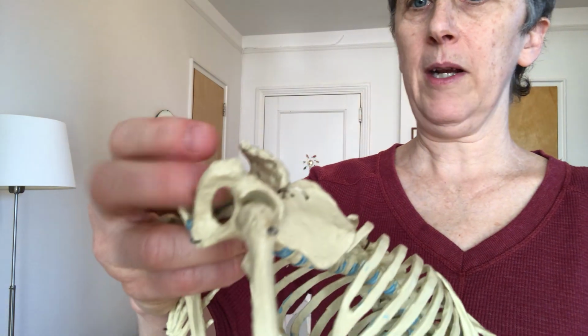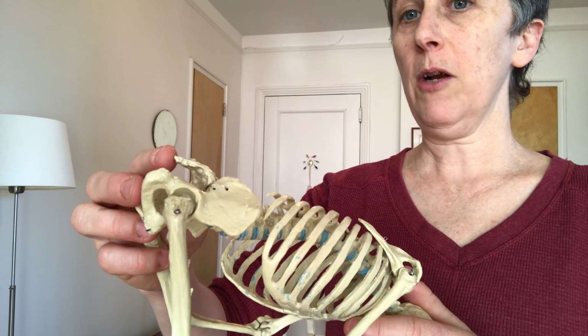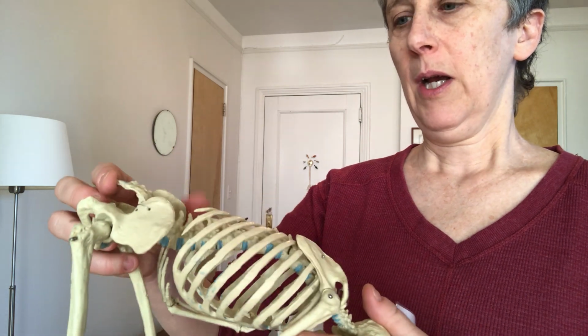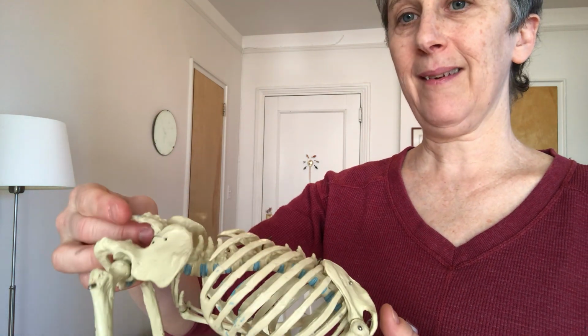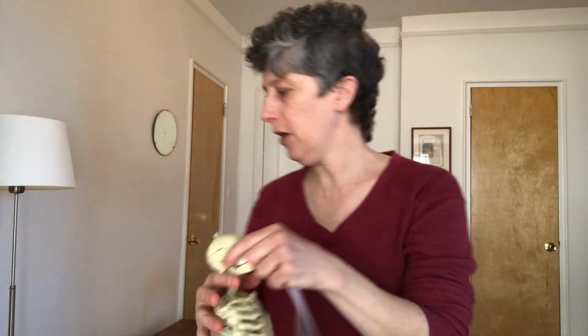So the next point is your tailbone point, and that is right here. Give the camera a chance to focus. Right here on the tip of your tailbone, and it's related to the structure of your pelvis, but it's also connected to your spine, which is connected to your head. So these are two landmarks I want you to know about. And we're going to combine an awareness of those points with